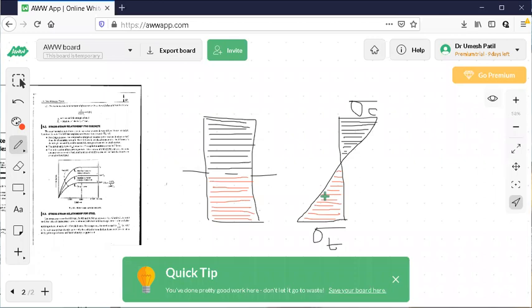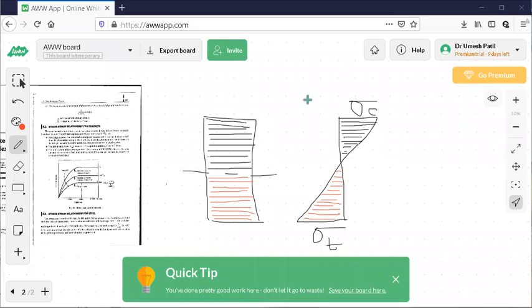So the maximum tension or elongation takes place in the outermost fiber, the bottom outermost fiber, which is subjected to maximum tension, sigma T. As you go inside, sigma T will start reducing for each layer. Similarly, the topmost layer is subjected to maximum compression. As you start moving downwards, each layer is subjected to a different value of compressive stress.